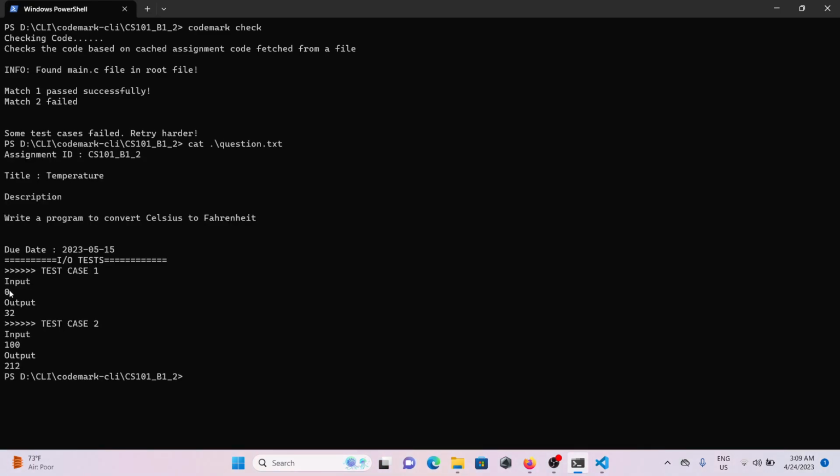We can see the math test cases like in question.txt. One was input 0, output 32, that we had hard coded in our code. The second one was 100, output 212, that shouldn't come, so match 2 failed. So simply that. Then next we have,